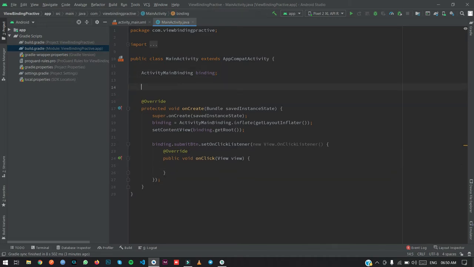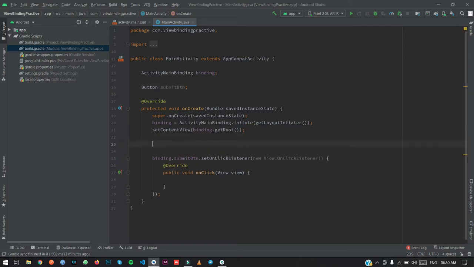And if we want to create an instance of that button, I will create an instance of that button, and now I am initializing that button.